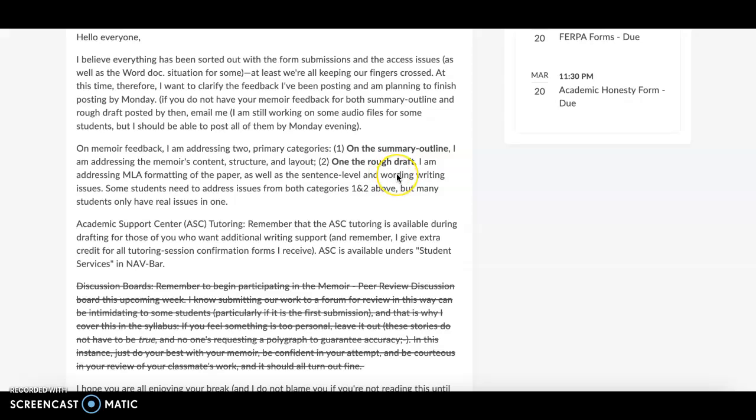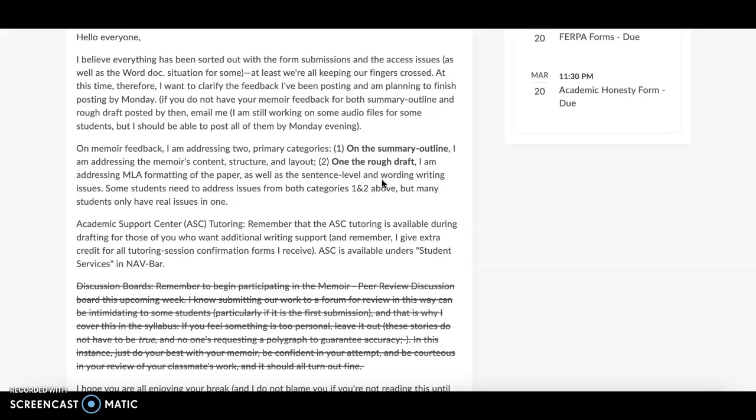Now on the draft, with those, what I'm addressing primarily there is the MLA formatting of the paper as well as the sentence level and wording issues. So this is one of the areas where we're talking about the ASC tutoring as well. Remember, I give extra credit for those sessions, and students have 2 sessions per week that are included in tuition.